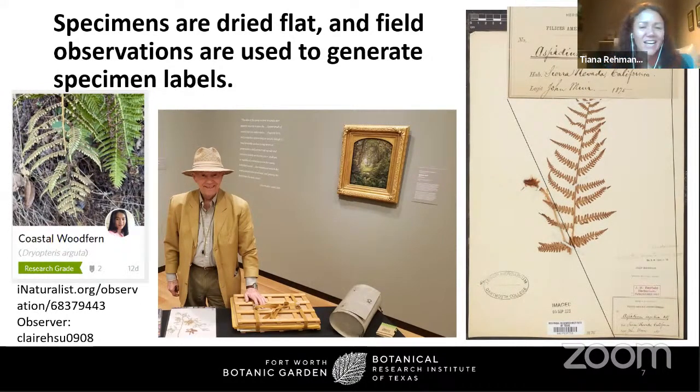In the middle is, I thought I'd throw this one in here, a cameo, as I'm sure quite a lot of you recognize Dr. Barney Lipscomb. He doesn't have a doctorate, but Barney Lipscomb, who's the head of BRIT Press and the Lenhart Chair of Texas Botany, also one of the co-authors of the North Central Texas Flora and East Texas Flora. He is there pretending to be Charles Wright at a collaboration with the Amon Carter on one of their exhibits last year. And then ultimately, you know, the star of the show is the herbarium specimen that you see here